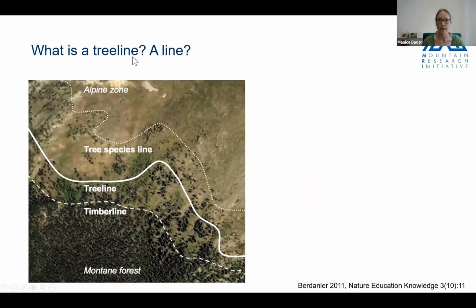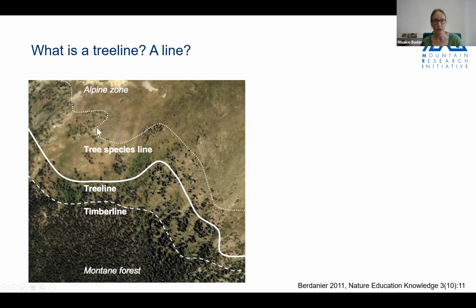What is a tree line? So one question: is it a line? This of course depends on the scale. If you look at it from far enough above, yes, then you can define it as a line. If you zoom in, then it starts becoming a transition zone. And the transition zone can be defined as the zone between the timber line, whatever that is, or the forest line, I like forest line better, where there's still closed forest, whereby closed forest is also regionally different,